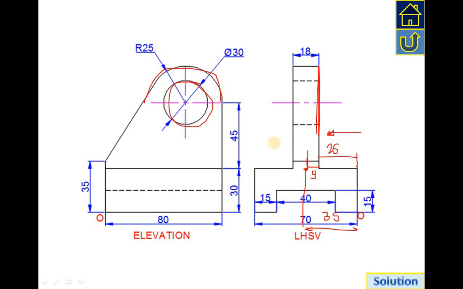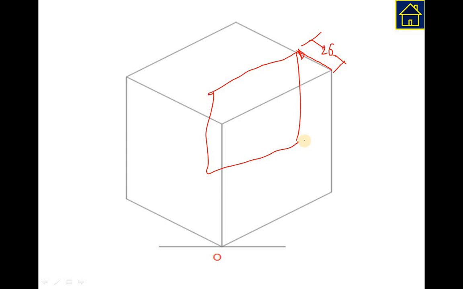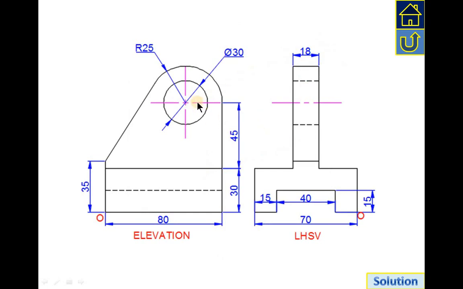Okay, we'll see how it is. So now that is here, you need to go inside 26 mm. Okay, this distance will be 26 mm, and then you will create here plane. So this is a plane that you will create. This kind of plane you will create, and then the plane dimensions you need to check. We'll go back again and we'll see the plane dimension.